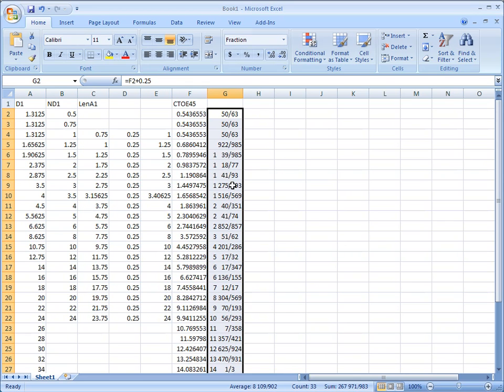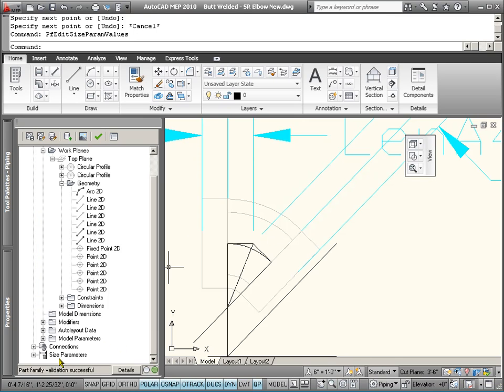AutoCAD MEP is going to make us round. So let's just pick on 0.5. Actually, let's go down and do 12 inch. So 12 inch is 5 in 17/30 seconds. So we need to come into here